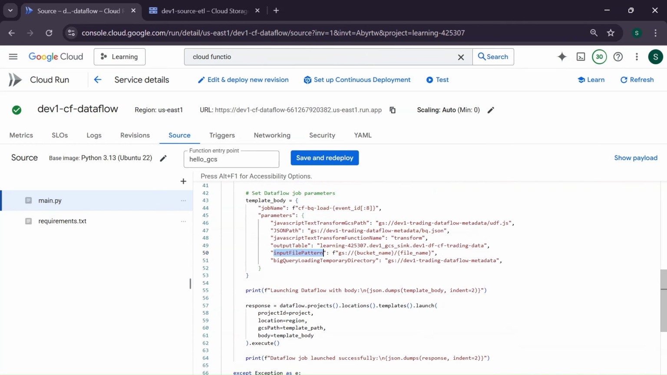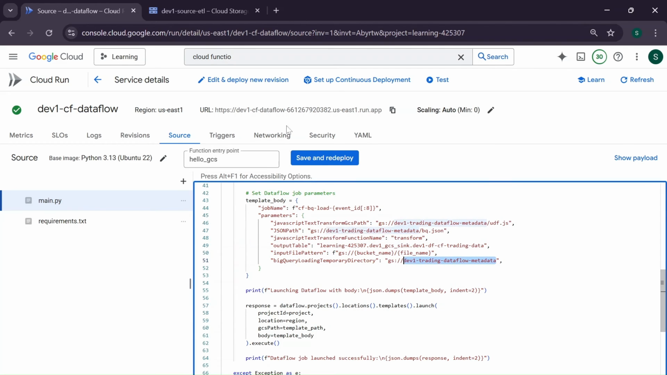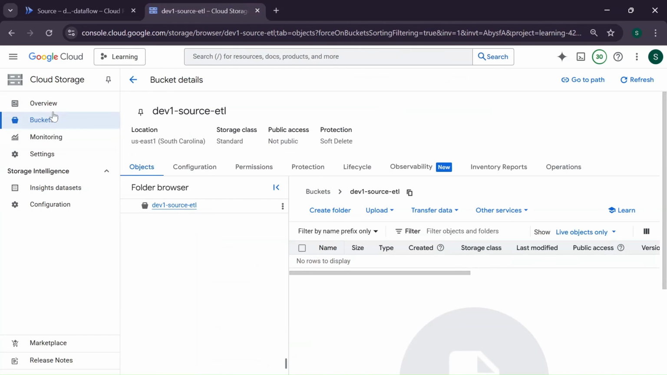Next is the BigQuery temporary directory. For now, we will give a directory or a bucket name where the temporary things of BigQuery will be loaded. So we will give it this name. But now let's create this folder here with the same name. So let's go to this one,